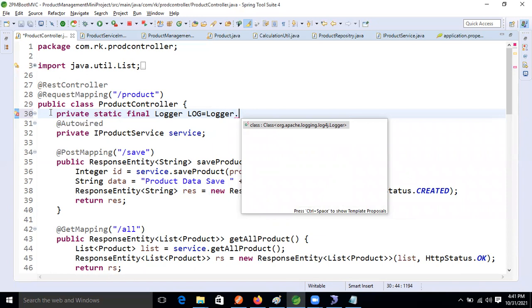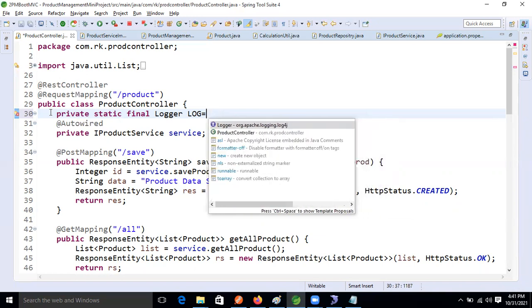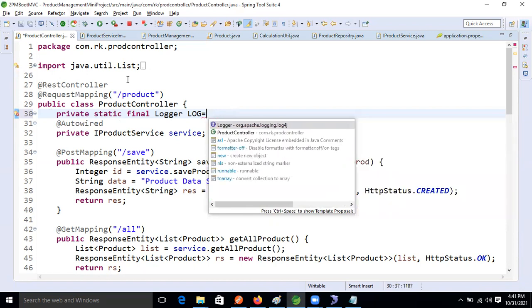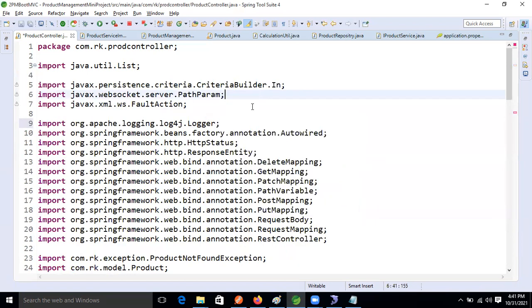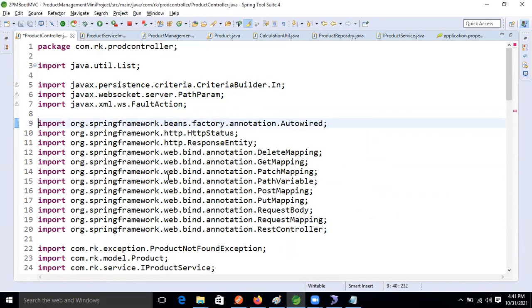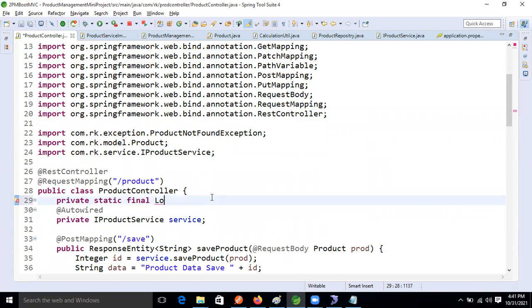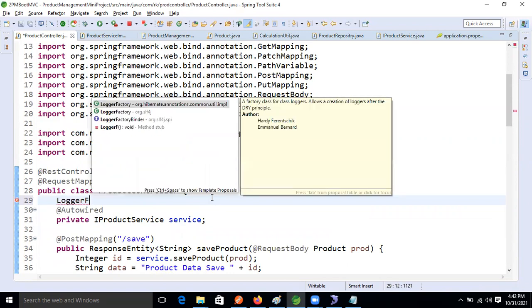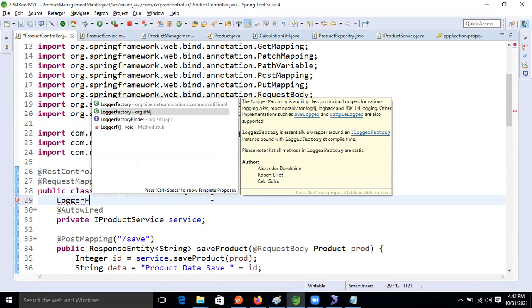Logger factory is there, right? Something wrong, an import problem has happened, guys. One minute, I need to check it. Okay, no issue. Take the logger factory from slf4j. LoggerFactory.getLogger.